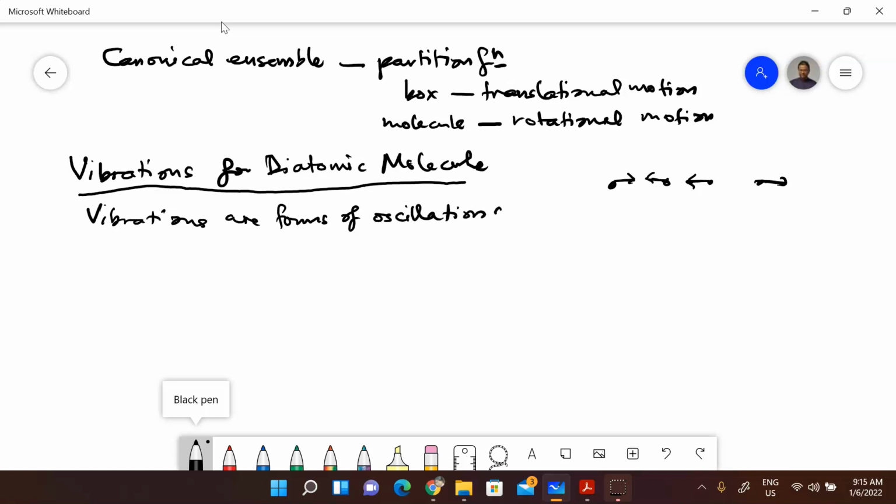So what one can do is to approximate using what we have seen in the standard oscillation in physics being given by harmonic oscillators. Okay. So